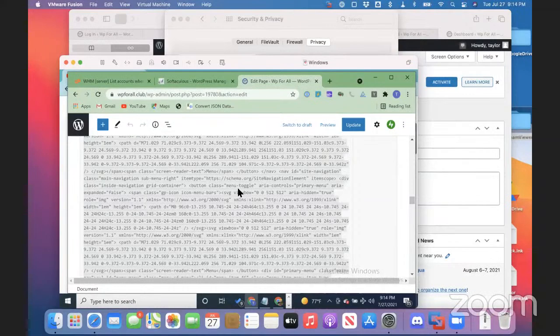But at least this first one is very ambiguous because there's at least 30 lines of code here.